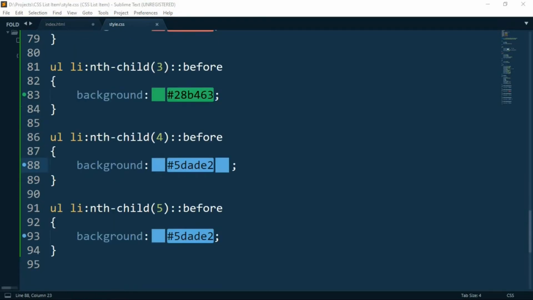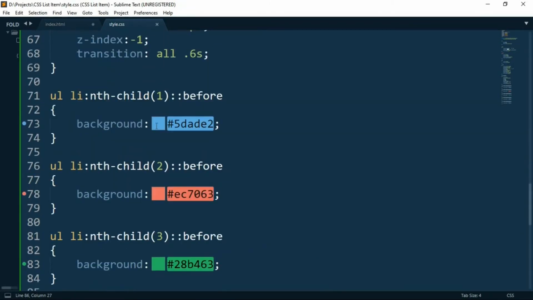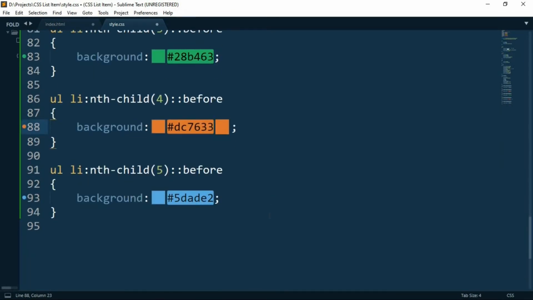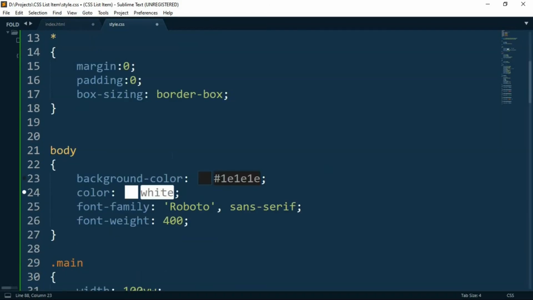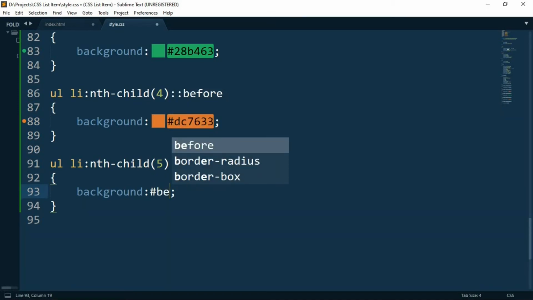Taking on the fourth child, the fourth color is DC7633, so let's just change it to DC7633. And lastly, the fifth child, that is BE44AD.